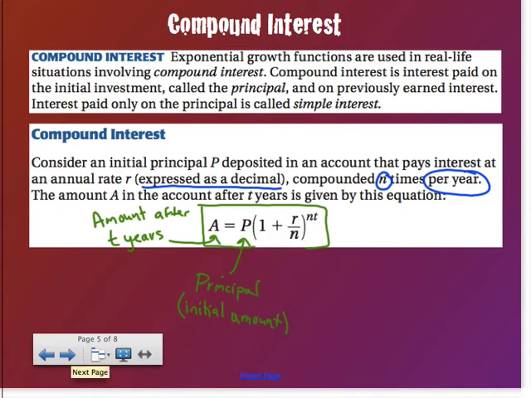If I took a look at that, R is my rate. So if I bring it down over here, and I'll change colors, I don't think you can see the red all that well. R is my rate. At what percentage am I increasing by? Now N is the one that's tricky. N is how many times